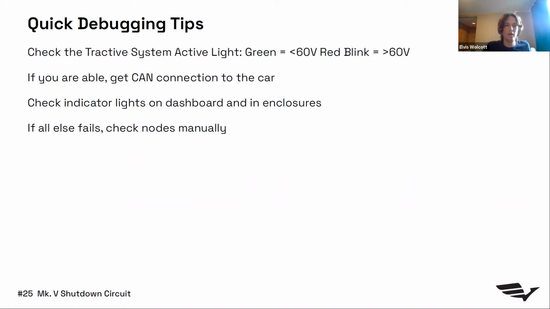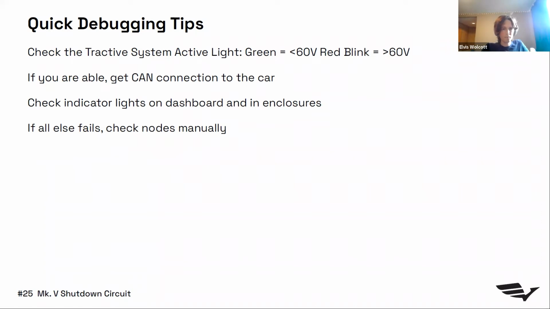So before we wrap up and get to some Q&A, a few quick debugging tips. If something with the car is ever not working, the first thing I look at is the tractive system active light, or TSAL. It will be green and solid when there's less than 60 volts outside of the accumulator and the tractive system, and it will be red and blinking when there's more than 60 volts. So in theory, if it is green a few seconds after you have turned the tractive system master switch on, it should only take about 1 second for high voltage to enter the tractive system. If it's still green, that probably means that the shutdown circuit is not complete